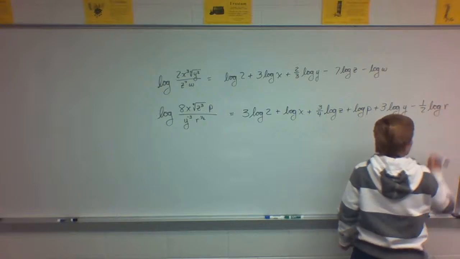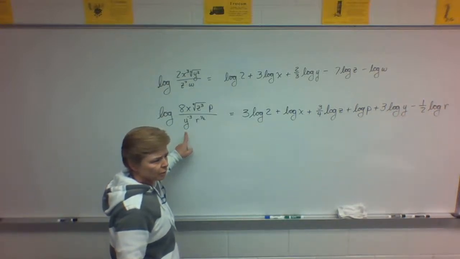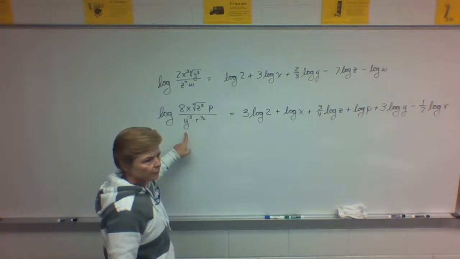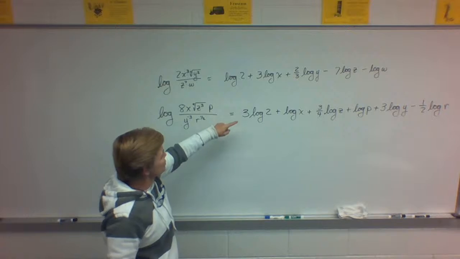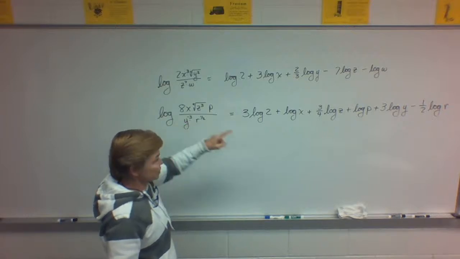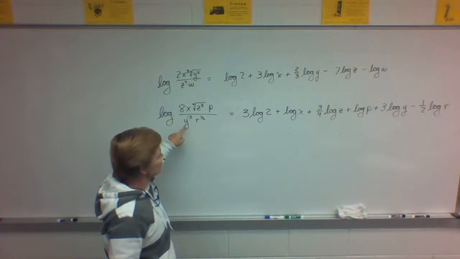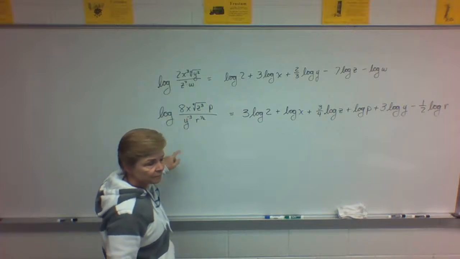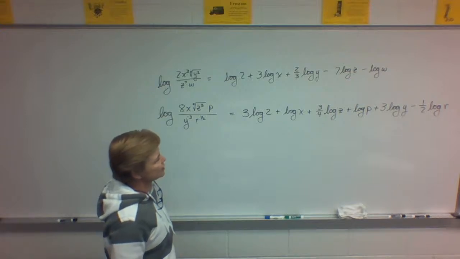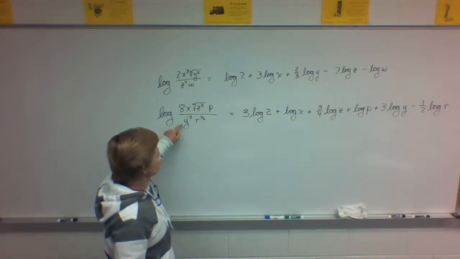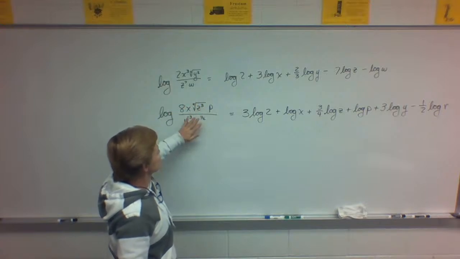Now, I can do this again and show you that you can still deal with it if you leave it down here. Do you want me to or not? I did it without putting it up. Do you understand that either way, whether you move this before you expand it or expand it with the negative on it, it's going to turn out to be a positive 3 log y? Because you'll have a negative, negative, negative because it's in the denominator, negative because the 3's coming down front. So either way you handle it, it's going to turn out the same way if you don't make a mistake. I prefer to adjust all of this so that all my exponents are positive before I